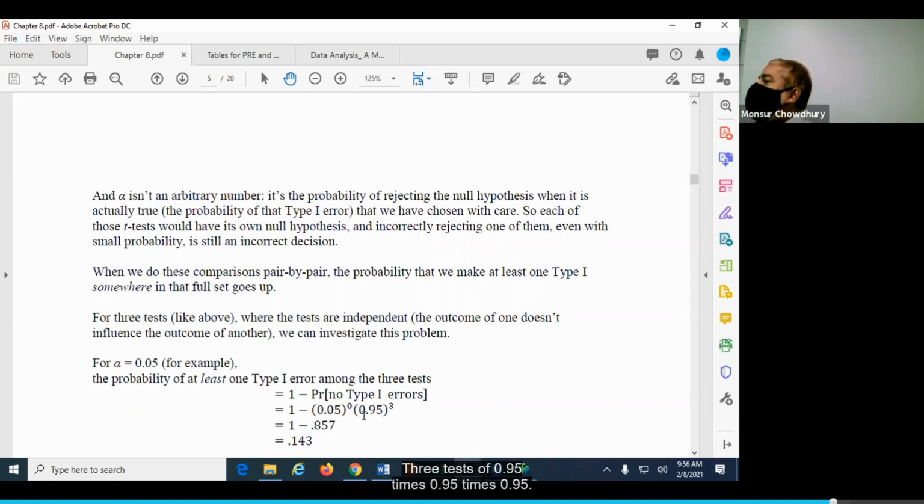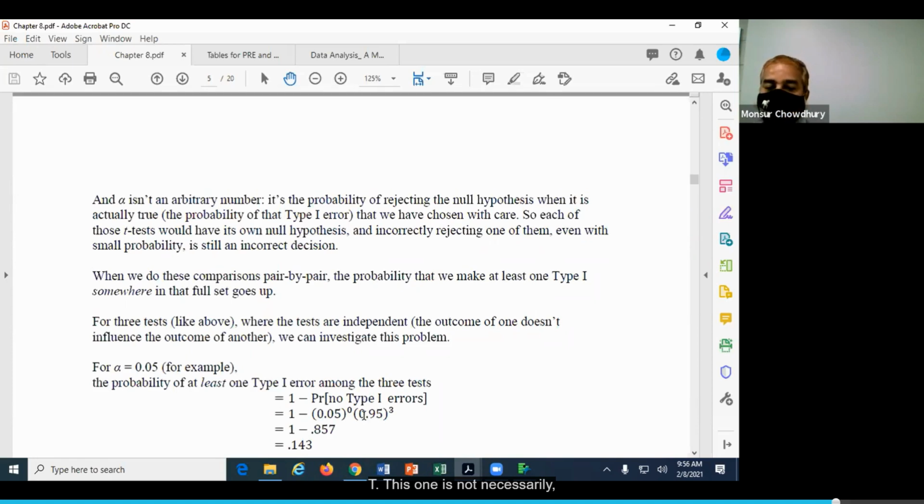Since we have 3 tests, 0.95 times 0.95 times 0.95, that's how you get 0.95 to the power 3. And you don't need to write 0.05 to the power 0, because that is 1. Make sense?